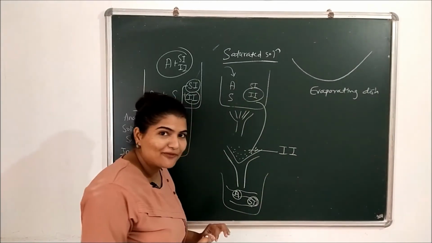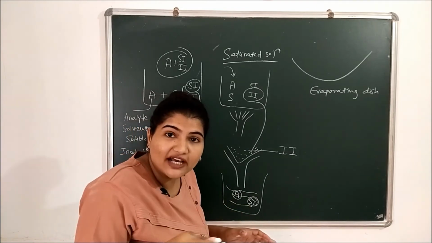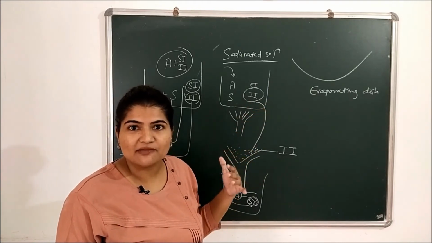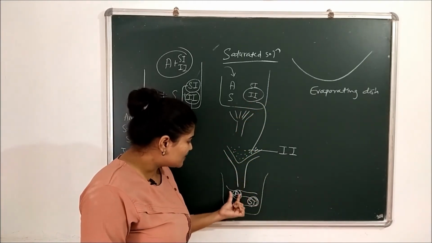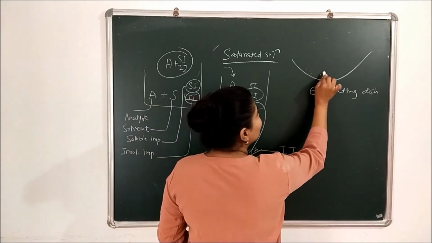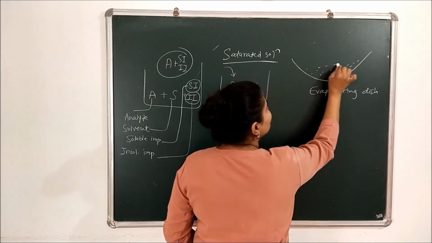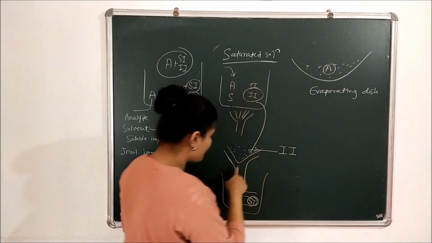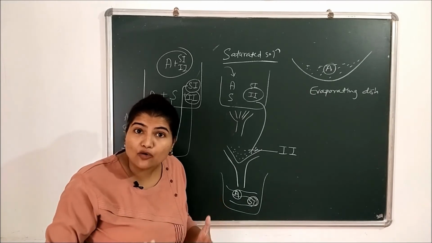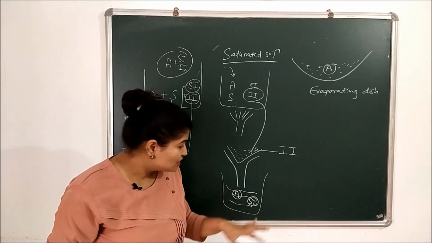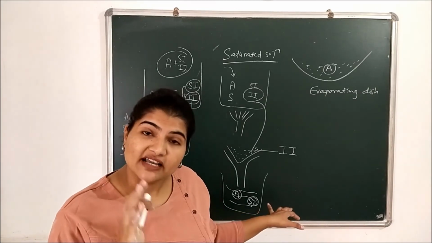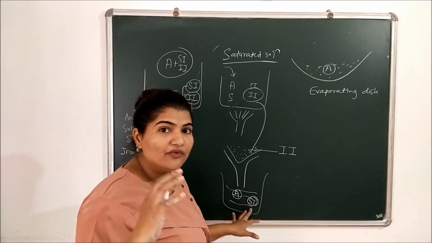So in the process, what will happen: the analyte which we forcefully dissolved under the influence of temperature, now you are taking out the temperature from the system, you are cooling down the solution, so the solute analyte will start to come out of the solution, and what you will get is crystals of the substance A. This analyte is coming out of the solution alone. Soluble impurities are very highly soluble in the solvent, because we are choosing the solvent in such a way that, okay, I'll tell you how we are choosing the solvent.